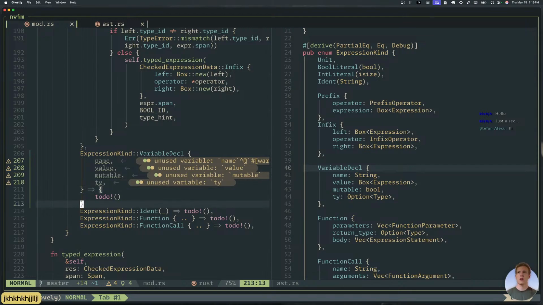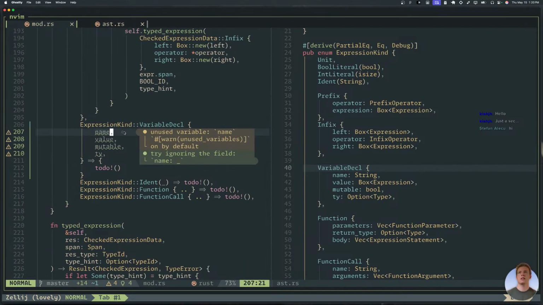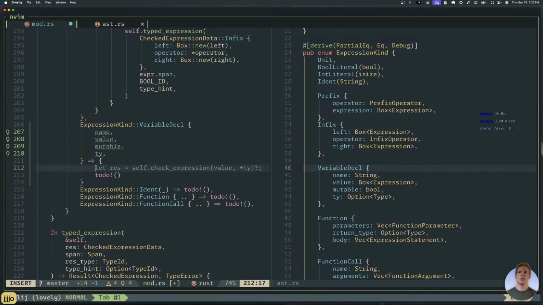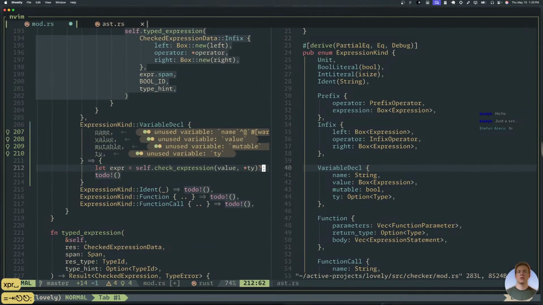So we need to figure out how to do this. Yeah, so that expression, do that.